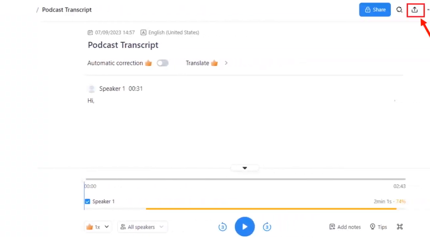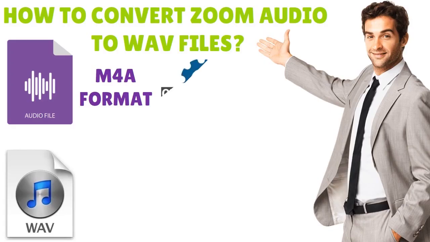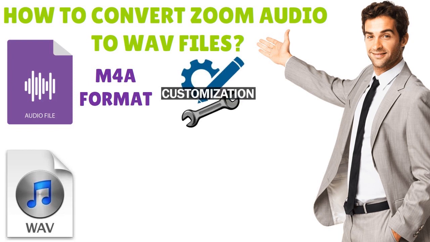Step number three, once the file is transcribed, click on it next to share. Click on the export function, or the export icon, if you will. And the cool thing here is that you have the ability to customize everything based on your needs. It's one of those things where you've got to have a clear idea of what really works